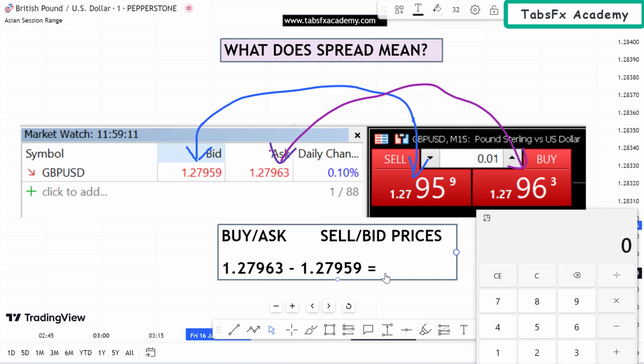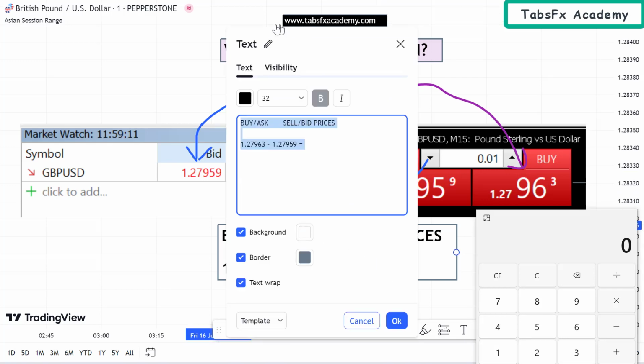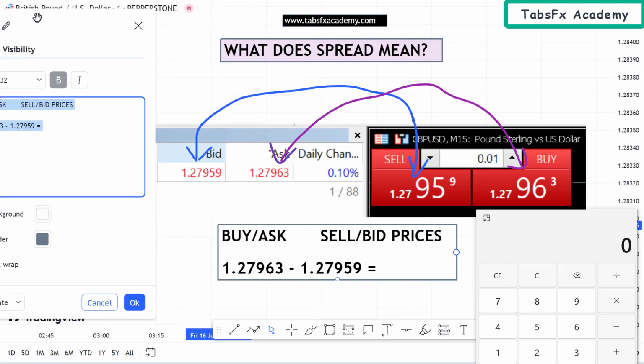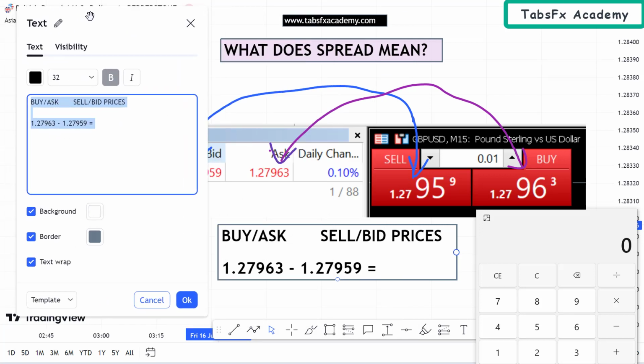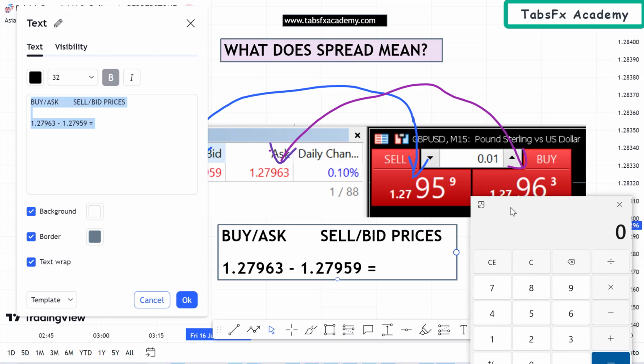In terms of pips, I'll simply come and get my calculator. I hope you can even pause the video, get the number of pips, and then get the amount of money that the broker gets as commission from your trade, whether you've sold or you've bought. You can just write it out, and then we'll see what we shall get. I hope that you've done your computations here. I'll simply come and write my